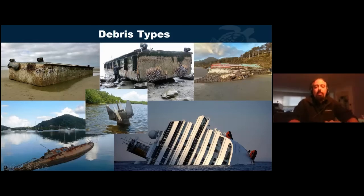They showed up on Washington and Oregon's coast. I can't remember off the top of my head which one of these was in Washington and which one was in Oregon. Ultimately, it doesn't matter. They both came from the Japanese earthquake and tsunami of 2011. And a couple years later, they showed up on our shores here. That means that they floated across the Pacific Ocean all the way from Japan to us here